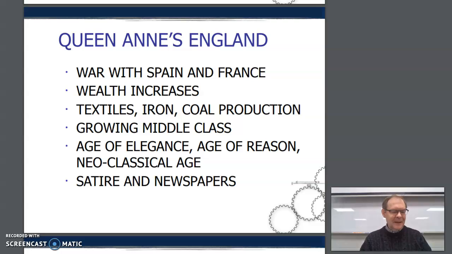In 1707, England and Scotland officially united as the new Kingdom of Great Britain, with one parliament for both territories. Almost 300 years later, in 1997, Scotland finally got permission to reconvene its own parliament. England began to grow rich from imports and exports. Textiles were chief products, but iron and coal production was very popular. There was a growing middle class that made very fine homes in the cities.